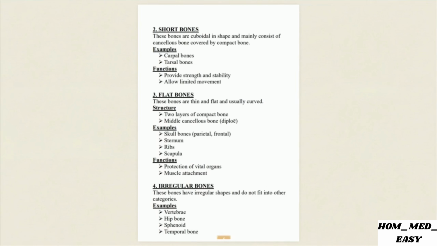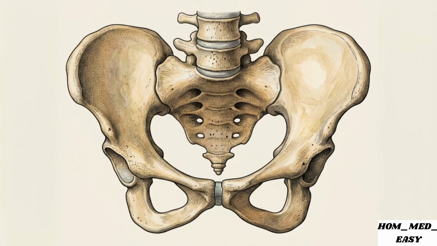Irregular bones are categorized by exclusion. These possess shapes too complex and non-uniform to fit into standard geometric categories. The vertebrae, the hip bone, and cranial structures like the sphenoid and temporal bones all fall into this group. Flat and irregular bones prioritize spatial accommodation and organ defense, proving that when the skeleton requires complex shielding, it discards